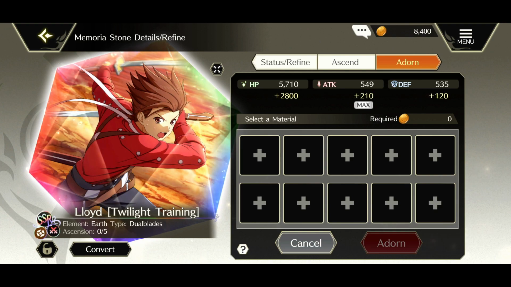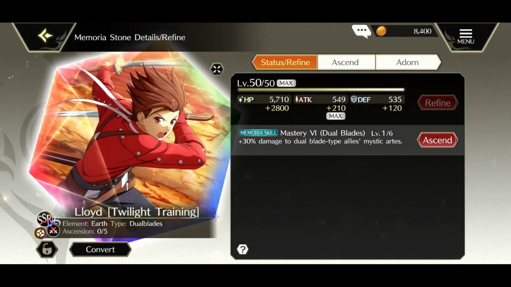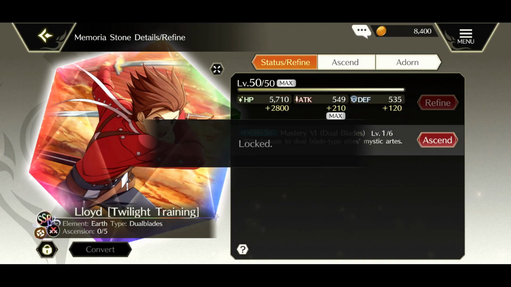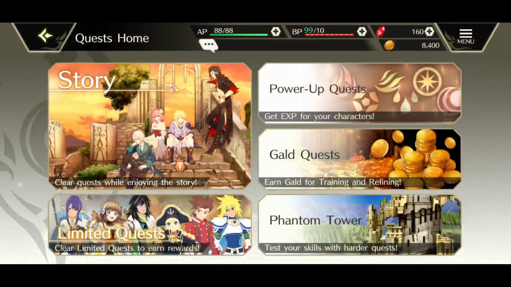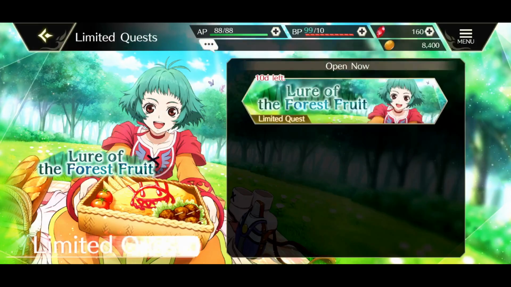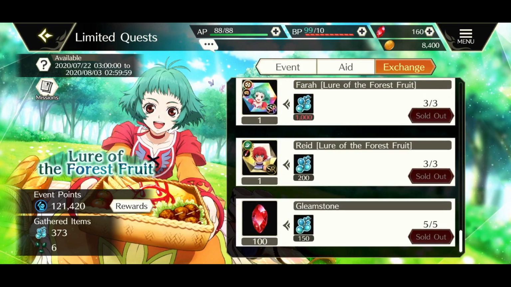I'm sure at some point there's going to be missions where we can get these, and some event shops. By the way, I should remember to lock this up again so I don't accidentally sell it. But I think even in the current event shop for the Raid and Farah event, there's a few you can grab from the event shop itself. Let's actually take a look. I think if you scroll down...